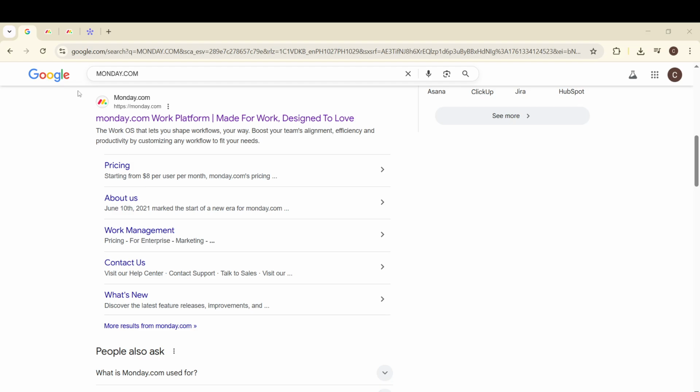To start, open your preferred web browser. This could be Chrome, Firefox, Safari, or whichever one you're comfortable with. In the search bar, type Monday.com and hit enter. You'll see a list of search results, but your best bet is to go ahead and click on the first link available. Typically, this will be the official Monday.com website, signified by its URL, and it should lead you directly